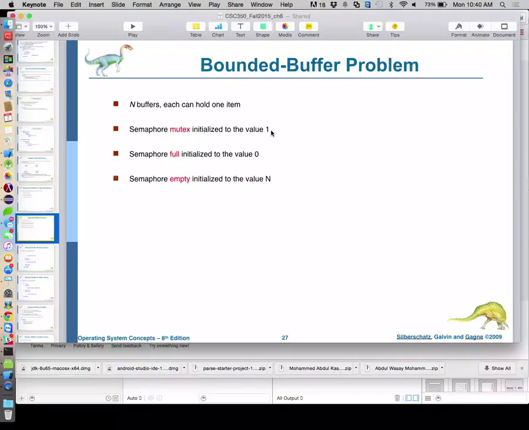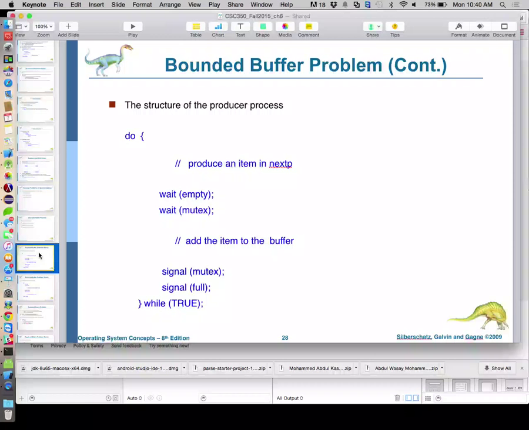Mutex also starts off as 1, so whoever's first in line can get in there and decrement that to 0. So at the very least, the original producer, whoever hits this first, will definitely be able to get through these. And then we add the item to the buffer, so each of these can hold one thing. We're going to now decrement the number of empties. Well, it's already been decremented, actually. And then, if we had 10 queues, one of those queues has something.